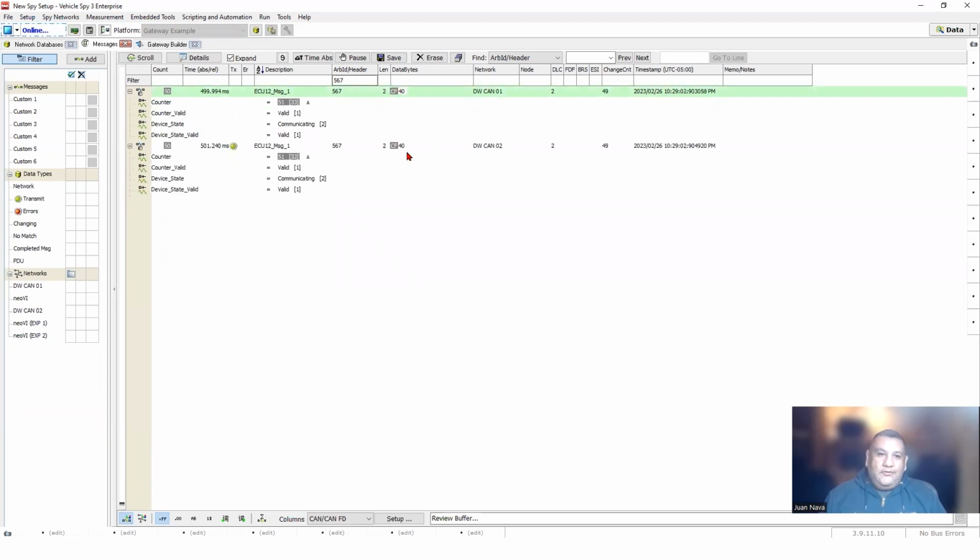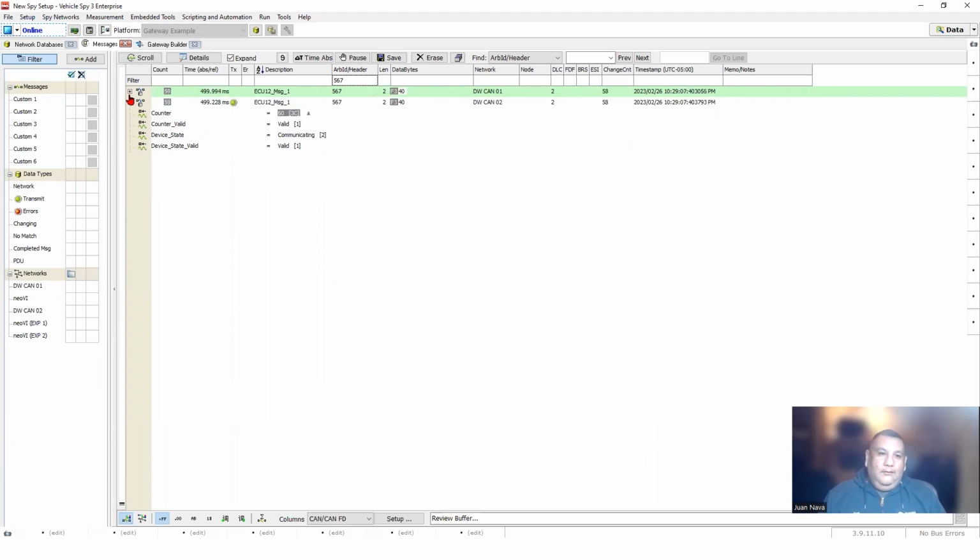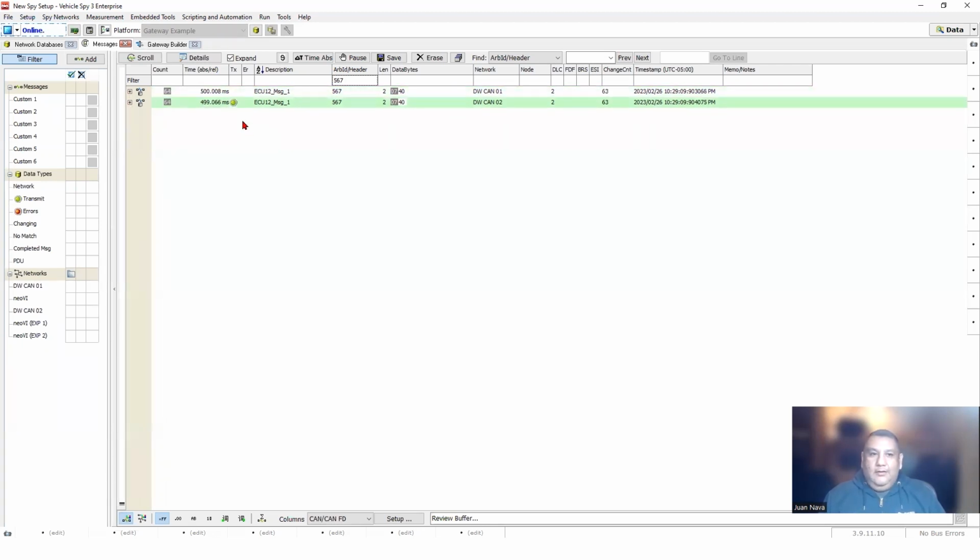So in this case, they should be matching exactly from a payload perspective. If we look at the times they're taking, we're going to see there's a very small difference, and that's simply because